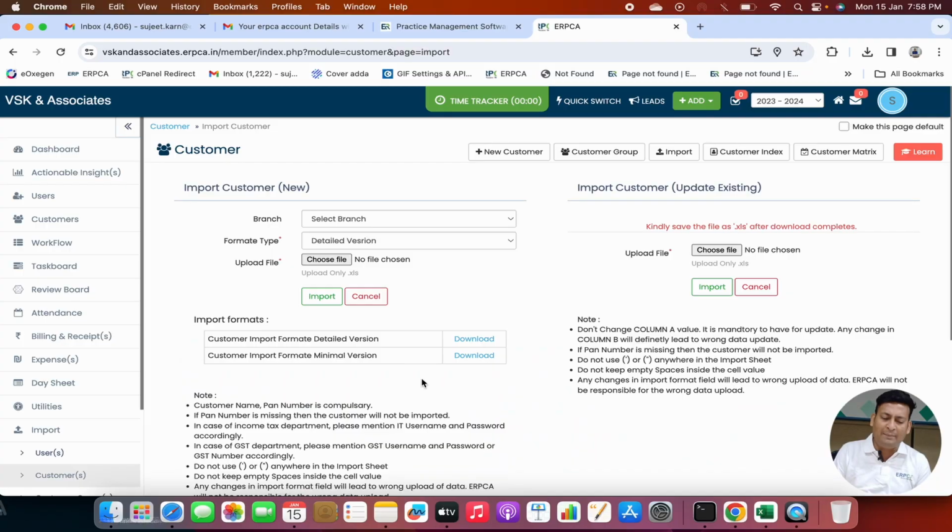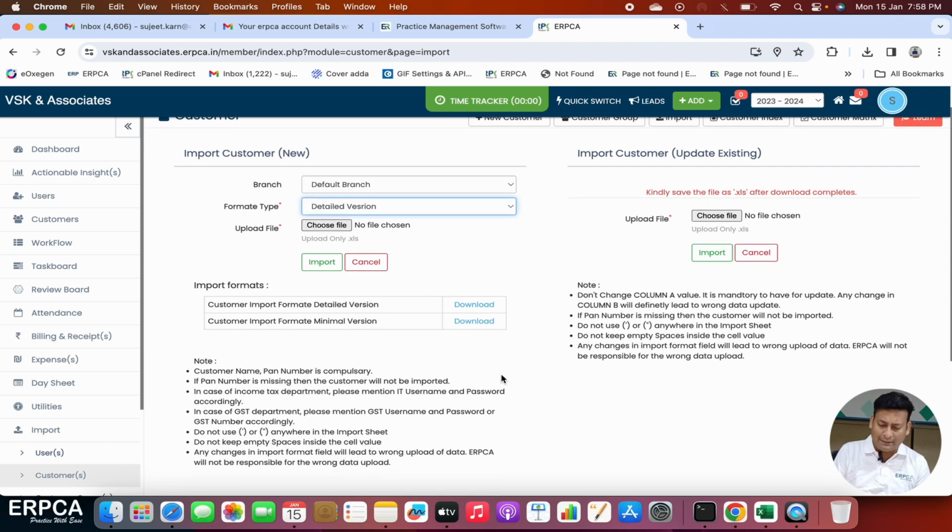It will have a limited data set which will ease your life to onboard the customers quickly to the platform. In the detailed version, you may see a lot of options like the incorporation date, IT username, IT password, GST username, GST password, and a lot of services, right, which is not required at the time of onboarding. So I would request you guys, whenever you start with this, go with the minimal version. Just click on the minimal version and your import format will be downloaded, and in this you can import the data as you wish. Okay, so right now we have prepared some data for you to import. So let me go through the detailed version, and I will just